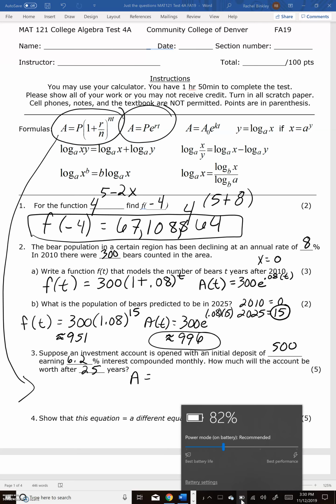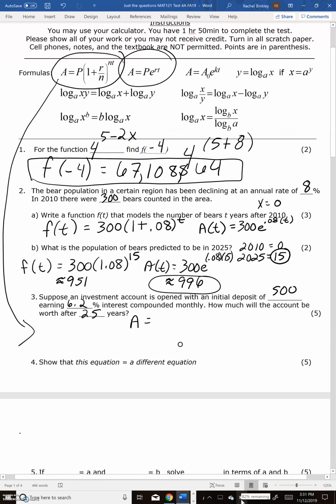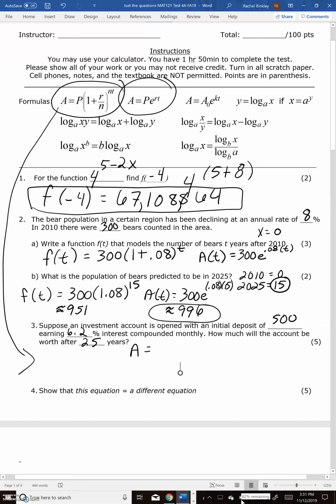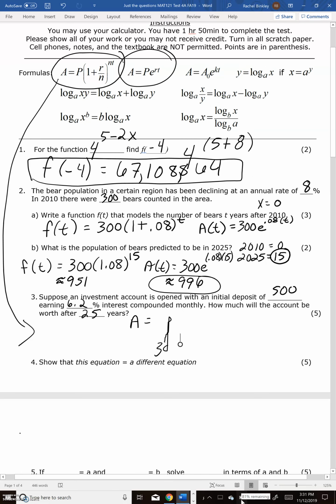Oh, we have 82% left, you guys. So we have 300. Why does it do that? 300